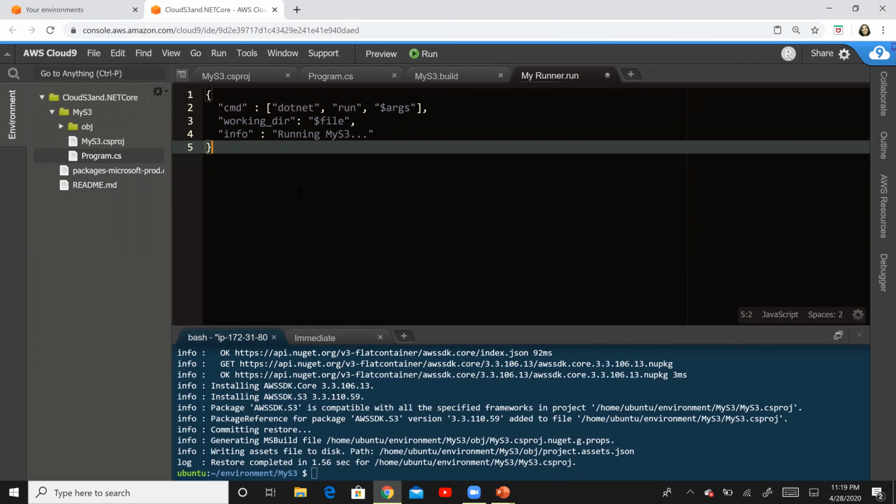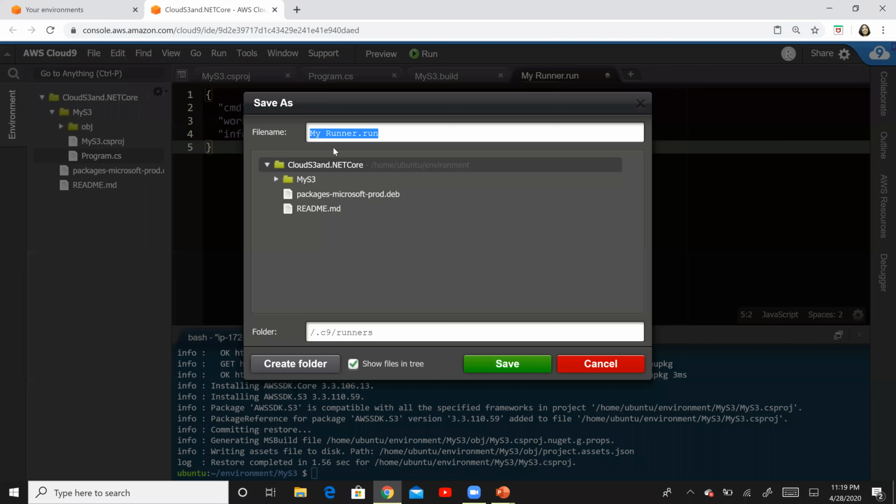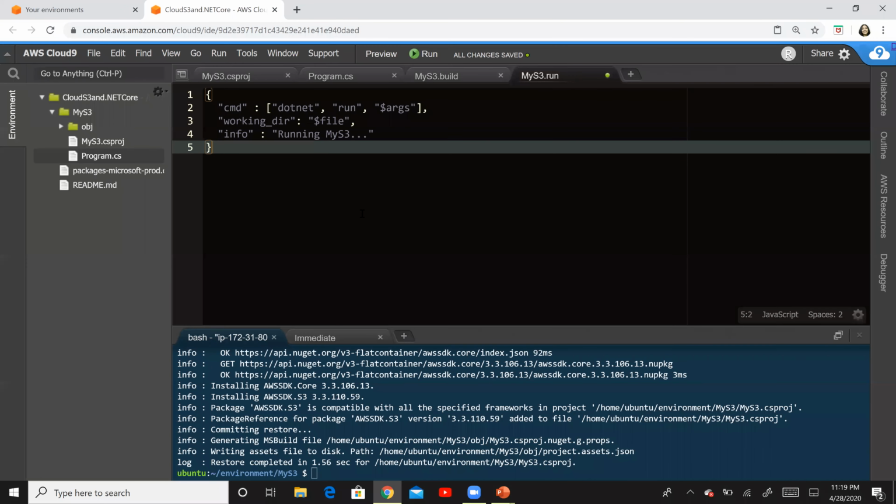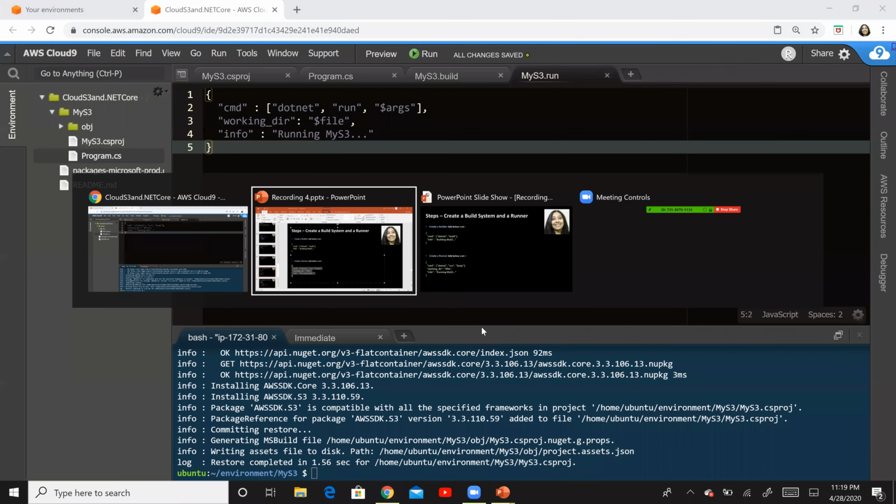The next thing that we will do is save this. I'm going to call this my S3 run. This is the name of my runner, and it is going to be saved in the C9 runners folder. So go ahead and save this. Okay, so our file has been saved successfully.